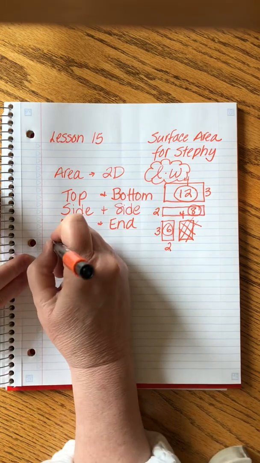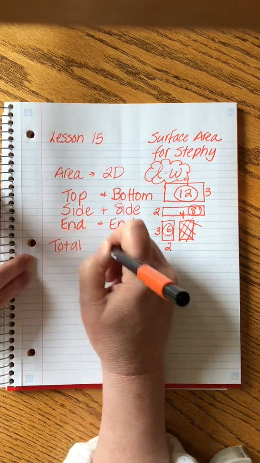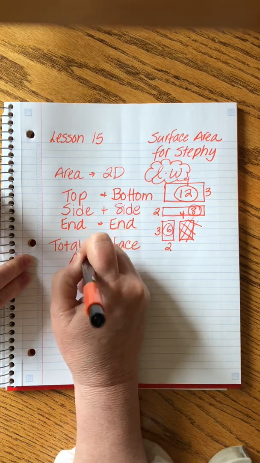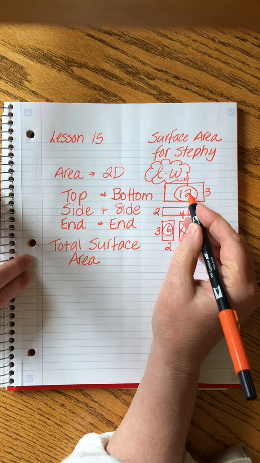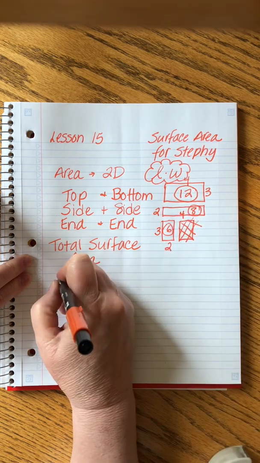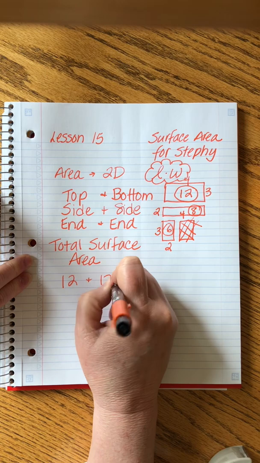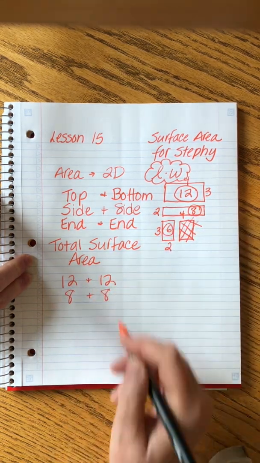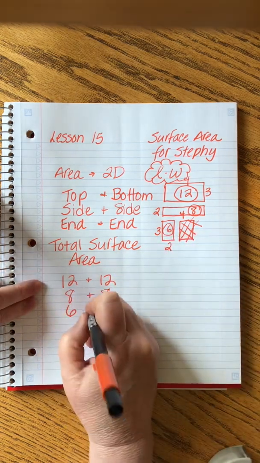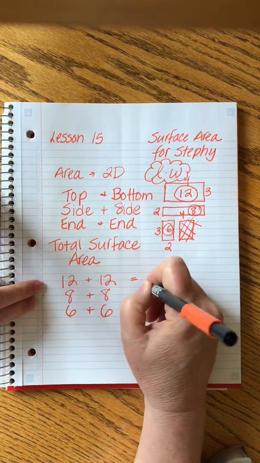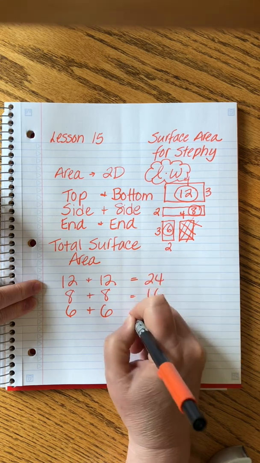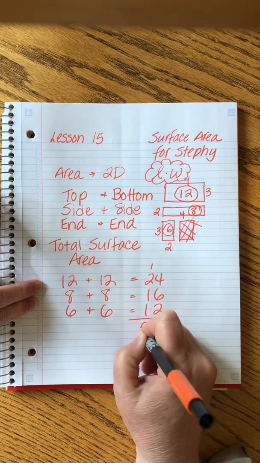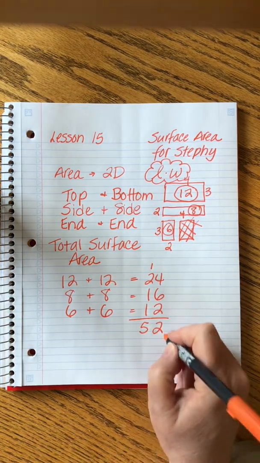Now, to get our total surface area, we add 2 of these, 1 for the top, 1 for the bottom. So it's 12 plus 12. And then the sides are each 8, so we'll need 8 plus 8. And then these little ends are 6, so we'll do 6 plus 6. 24, 16, and 12. 52 centimeters